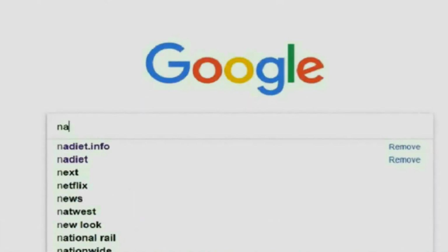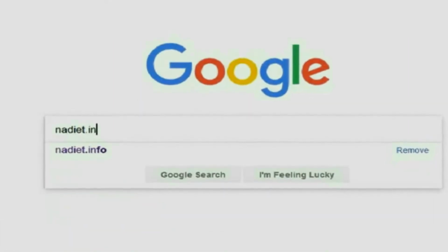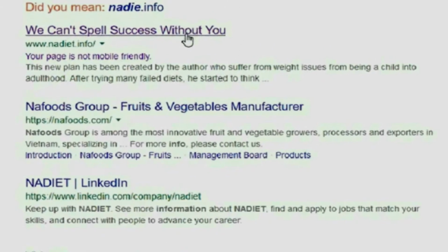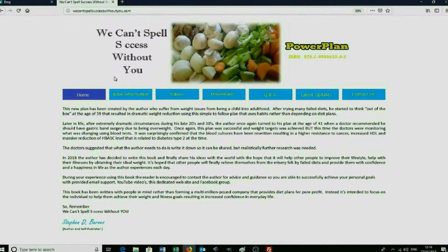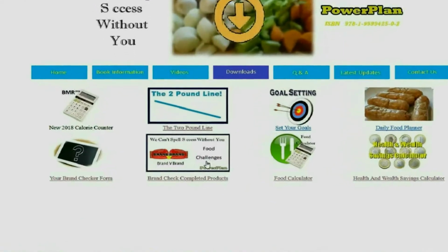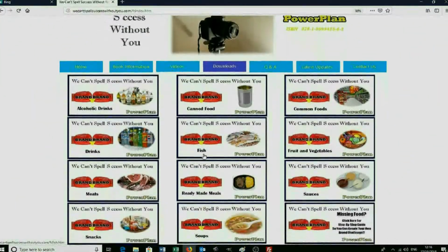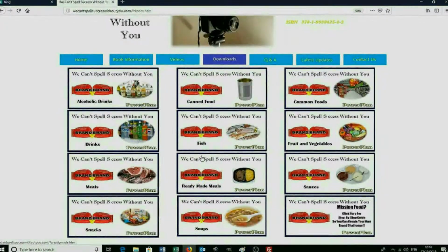Well, the first thing we have to do is go to our website, so we go on Google, type in nadiet.info. This will bring up our website. What we have to do is click on downloads, followed by brand versus brand, and there we're presented with all the brands that we've tested, anything from vegetables right the way through to ready-made meals. So today we're going to look at